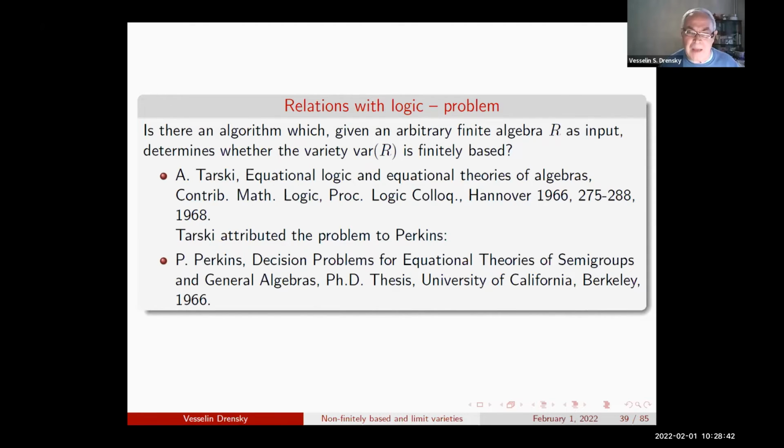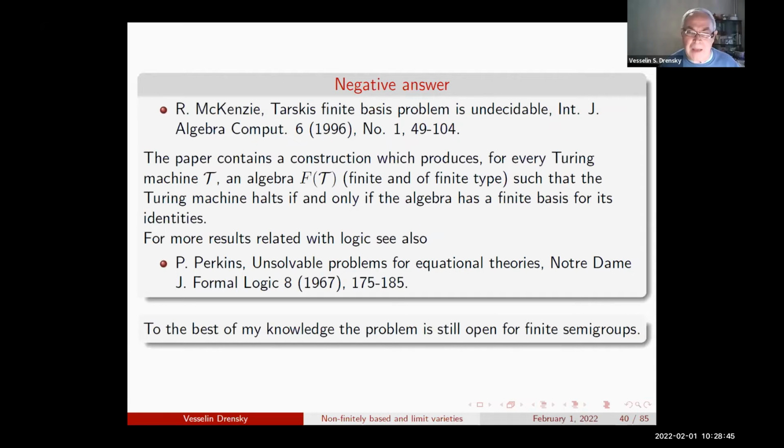But there are also some other results in this direction in the 60s, but I think that this problem is still open for finite semigroups. And if you consider semigroups with finite